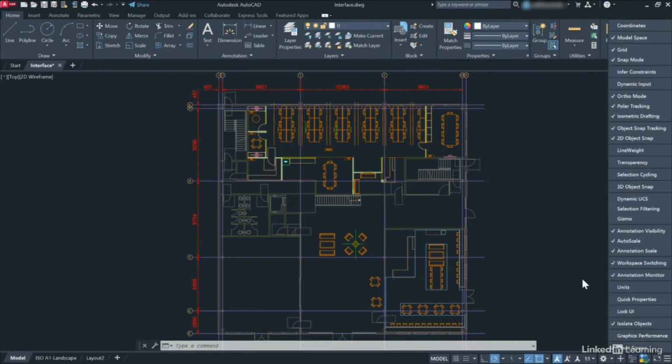When you click on that, you'll see a big long menu appear, and this is all of the tools that you can switch on and off in your status bar in your AutoCAD interface. So there's a couple here that I'd like you to switch on. So we're going to make sure that we've got coordinates on. So click on the word coordinates, that'll put a tick next to it. Click here on dynamic input as well. That puts a little tick next to that one. And last but not least, we're going to select line weight as well. So those 3 now are turned on in your status bar down in the bottom right corner of your AutoCAD